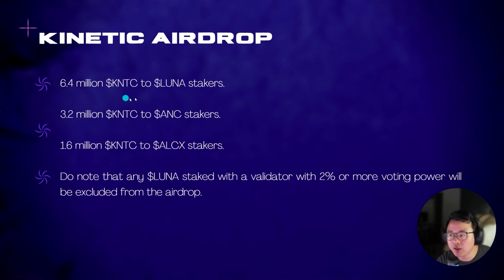So 6.4 million will go to Luna stakers, 3.2 million will go to ANC stakers, and then 1.6 million will go to Alchemix stakers. So do note that any Luna staked with a validator with 2% or more voting power will be excluded from the airdrop. So it's always important to decentralize and stake your Luna with validators that are not so dominant and have less